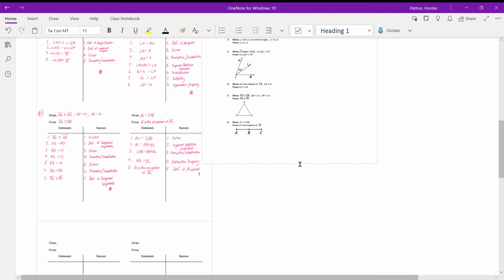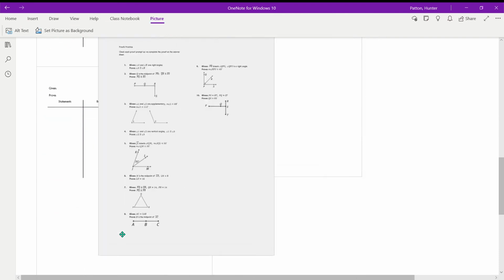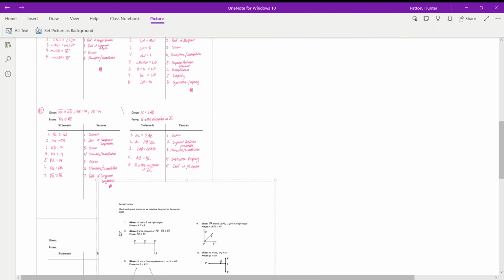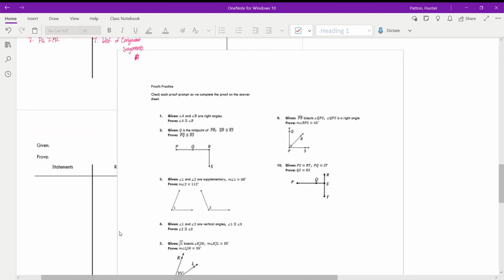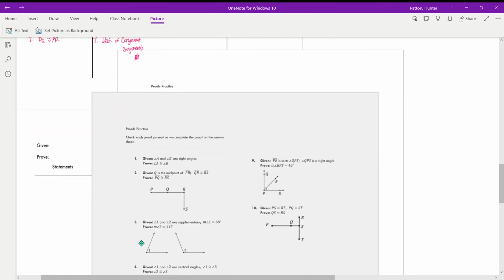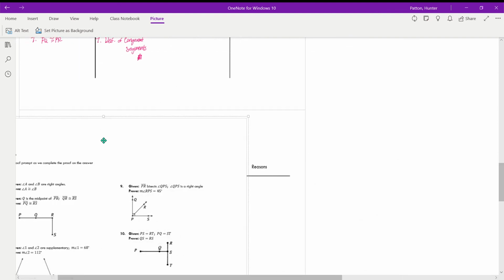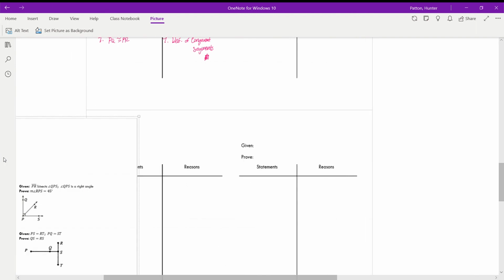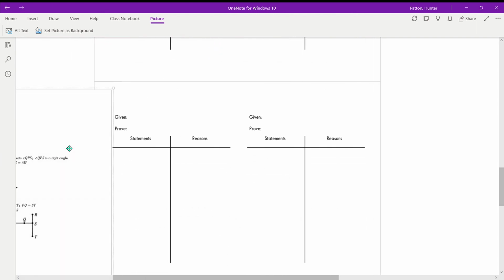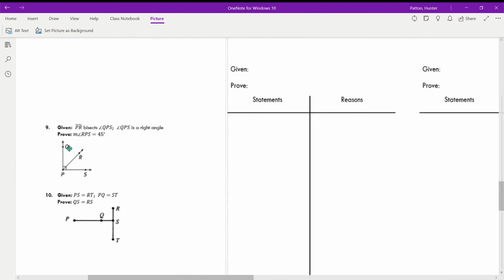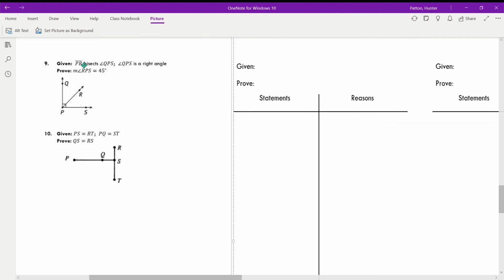Okay, two more to go. Here we go, guys, number 9 and 10. This is number 8 right here. Okay, number 9, here we go. Alright, we'll do it on the right side this time. Here we go. So number 9 says that